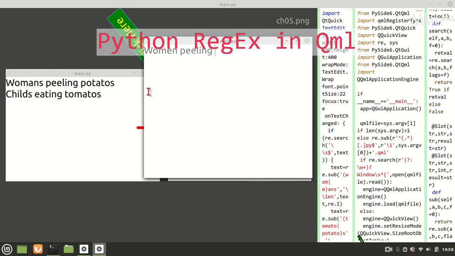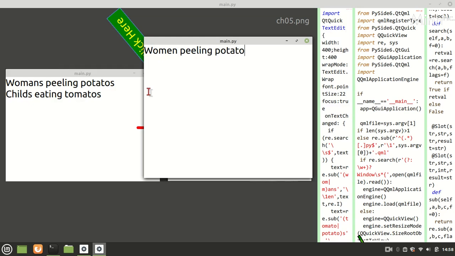Peeling potatoes. So it became potatoes. Children eating tomatoes. So it's working. We can see that we can really use Python regular expression in QML,